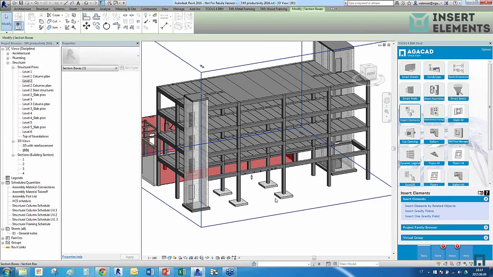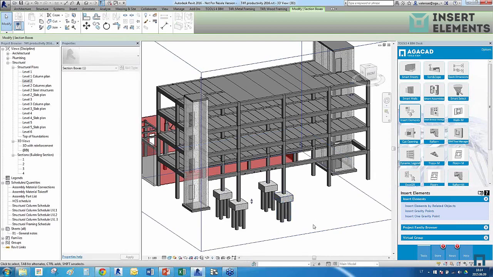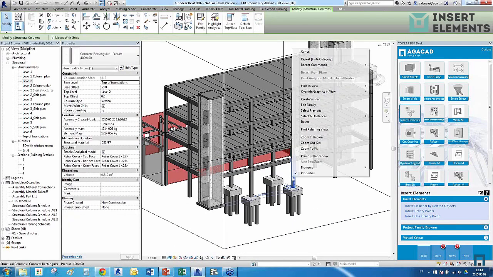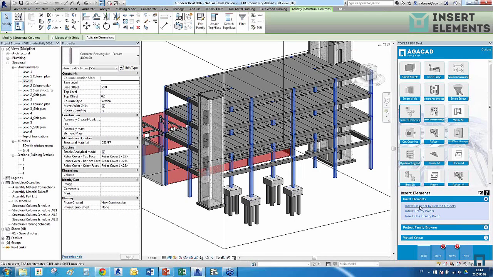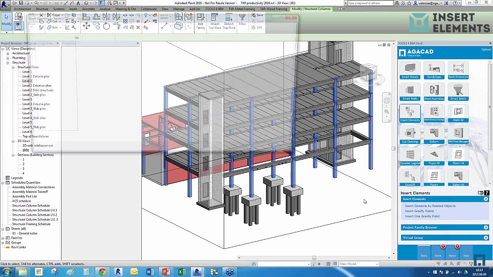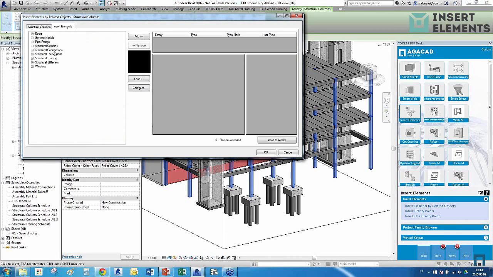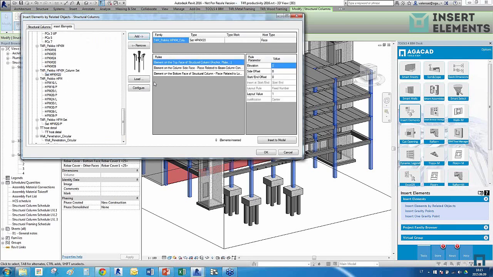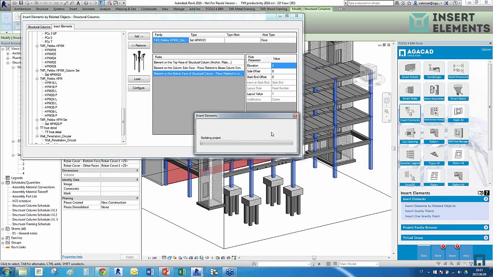Okay, so we have here foundations inserted, and we can do a lot of things with this tool. I can select all the columns and then again insert elements by related objects, and then if I choose structural connections, then I can choose column shoes. We used them a lot, and insert elements at the bottom of a column. I will hit insert,